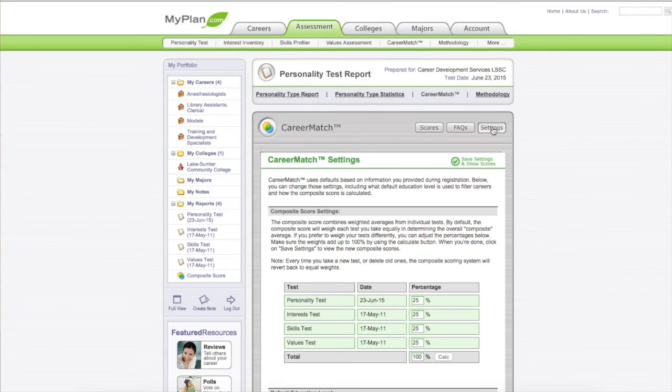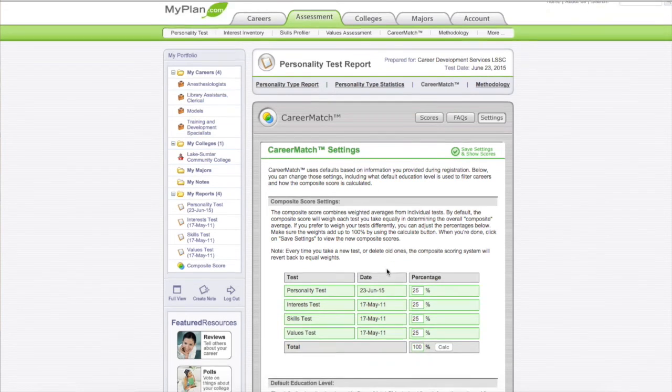The Settings page will allow you to change 2 main settings, your composite score settings and your default education level. For the composite score settings, you're changing how Career Match weighs the different assessments that you took. So let's say, for example, you want the personality and interest assessments to weigh higher than the skills and values assessments. All you would need to do then is change the percentages and hit Calc, and then it would recalculate